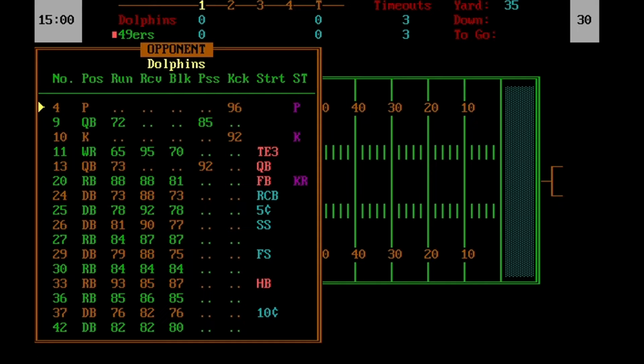Our team is going to be a lot better than them because of the rosters being in 1989. But let's briefly talk about who the Miami Dolphins were, at least back then. They had a really good team. They went 12-4 the prior year, but in 1984 they went 14-2, and that's mostly due to this guy right